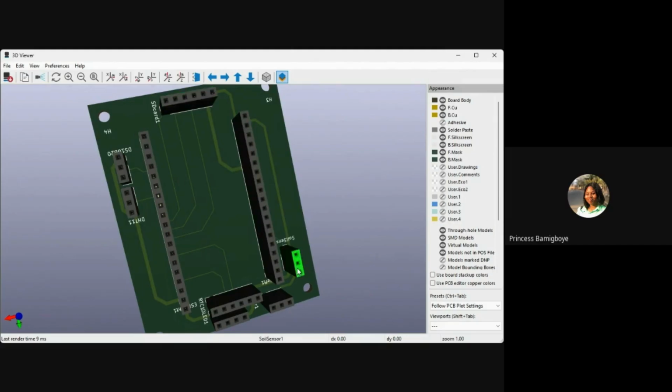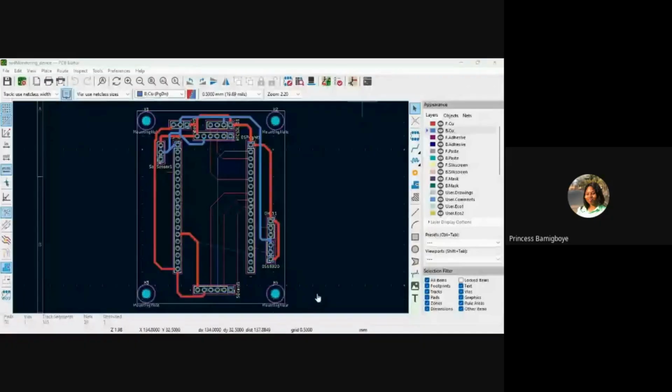You have to be the one to solder the headers on the holes that are here. You have to be the one to do that. But you shall get the gist. Instead of you having to use jumper wires, all you have to do is design this. It's not easy. I won't lie to you. It's not easy designing a PCB. It's easy, but it's not easy at the same time.